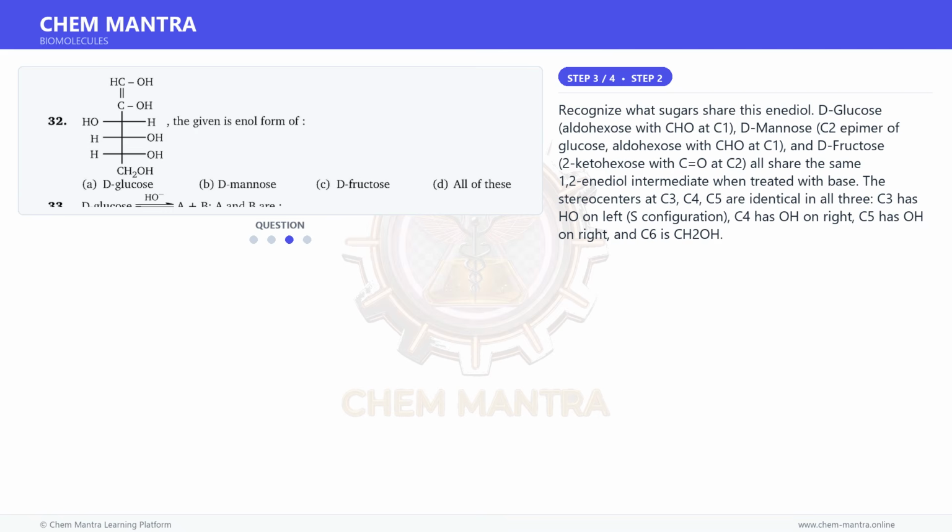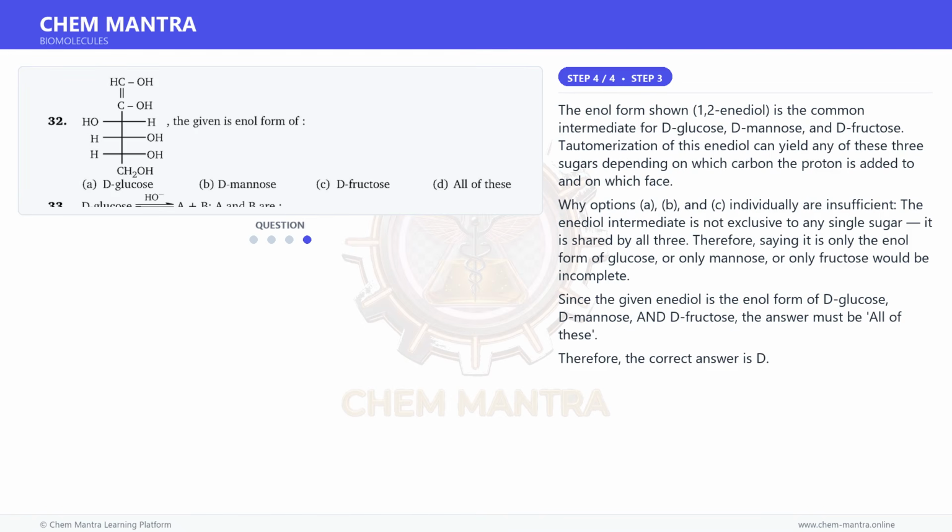C3 has HO on left, S configuration, C4 has OH on right, C5 has OH on right, and C6 is CH2OH. And for the final step, the enol form shown, the 1,2-enediol, is the common intermediate for D-glucose, D-mannose, and D-fructose. Tautomerization of this enediol can yield any of these three sugars depending on which carbon the proton is added to